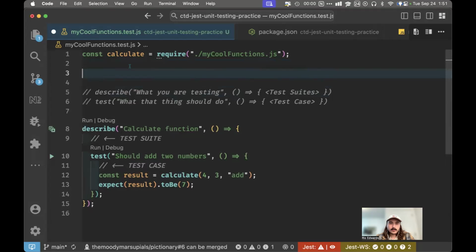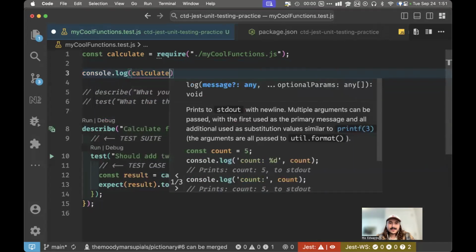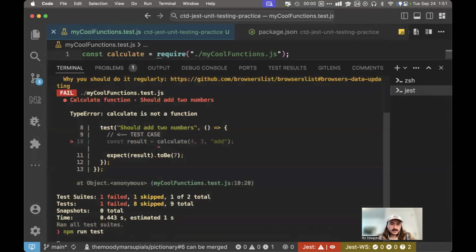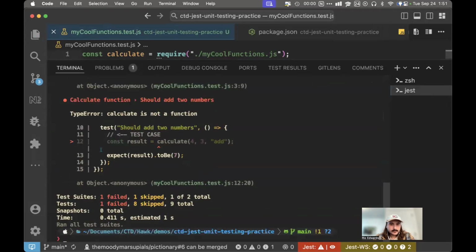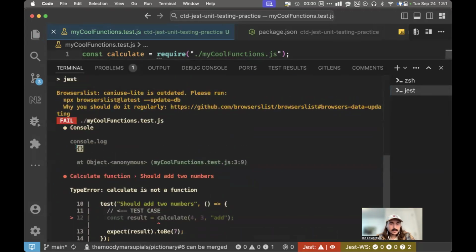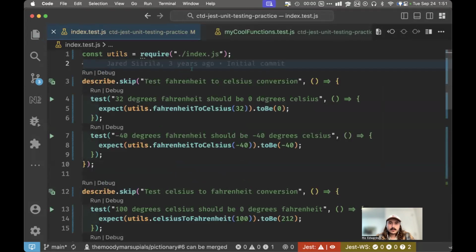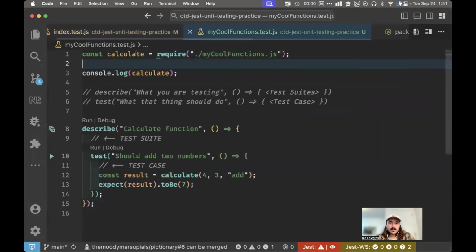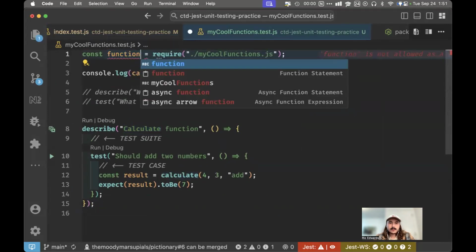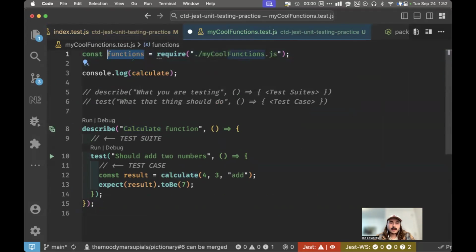Let's console log calculate. I didn't plan that. I don't know what's going on. Let's see. Calculate is an empty object, so it's not properly importing. Utils equals require. Oh, okay. Calculate is going to have, okay, so this will be functions. This will import the entire file. And then we need to